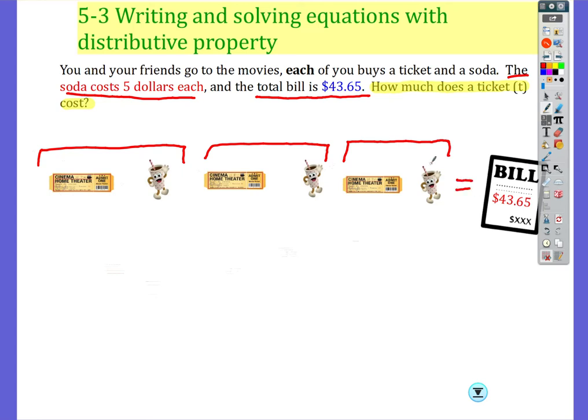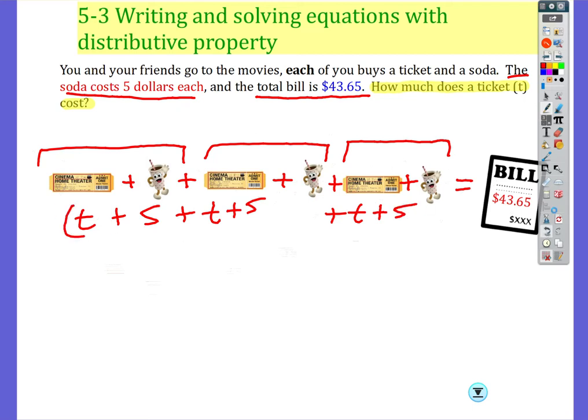The total bill is equal to everything you bought. So you get your ticket plus your soda plus another ticket for your second friend plus another soda for your second friend plus a third ticket plus a third soda. And we could say this is like t plus 5 plus t plus 5 plus t plus 5, where, let me color code this real quick, this corresponds to my ticket plus my $5 soda, my ticket plus my $5 soda plus my ticket